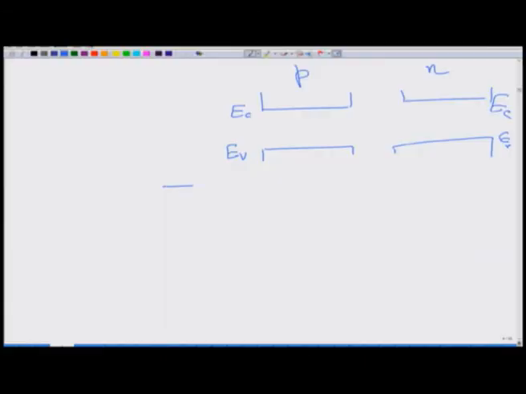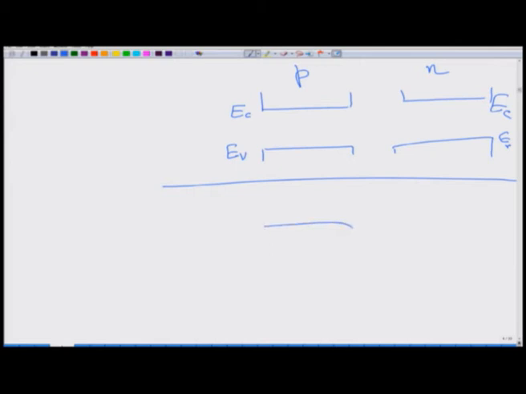And therefore, what will happen? On p side, remember, potential goes down, potential energy goes up for electrons. So, on p side these levels will be raised, on n side the levels will be reduced, and what you will have is a diagram like this. This is the conduction and this is the valence band energy. So, the conduction band energies are here, the valence band energies are here. That is how it will look. This is the n side, this is the p side,